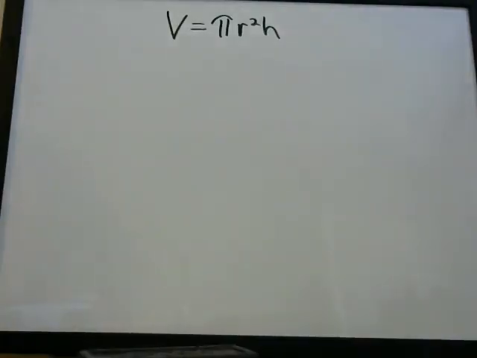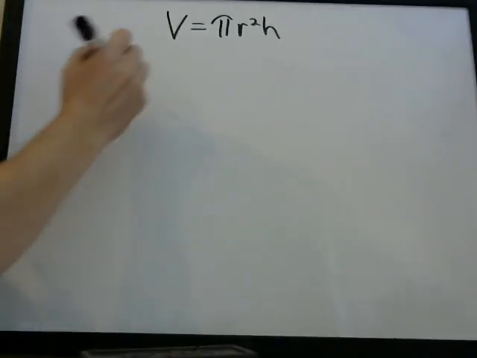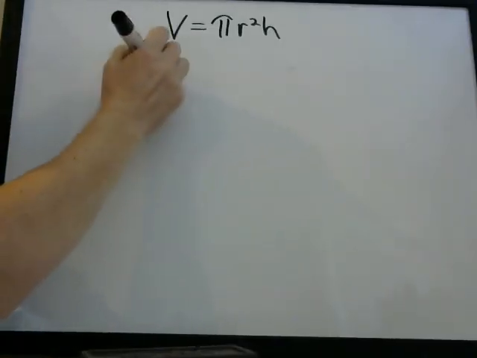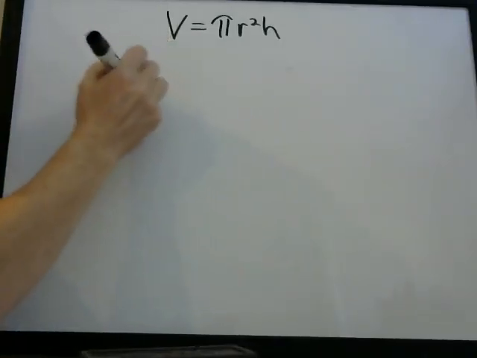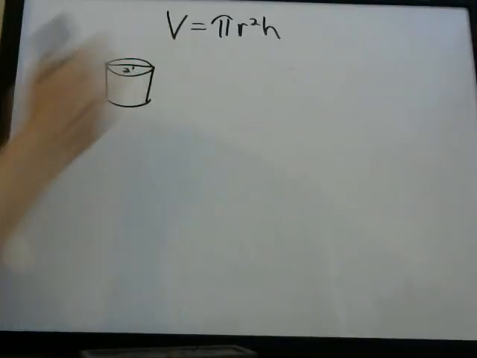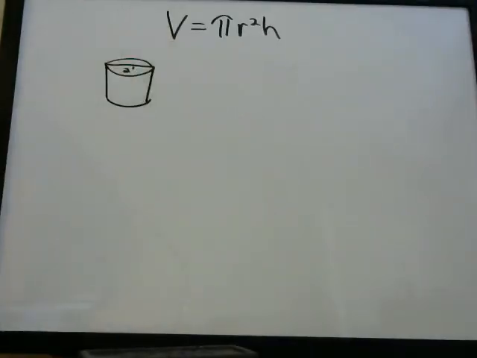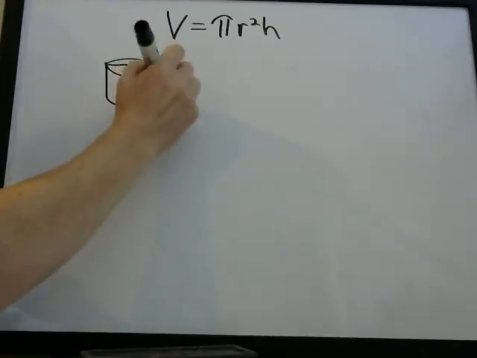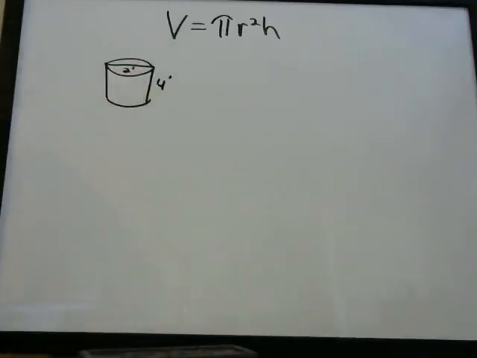Here, let's say you have an oil drum. So I'm going to draw this out. We have an oil drum. And they're going to give us the diameter is 2 feet. And the height is 4 feet. And so they're going to say